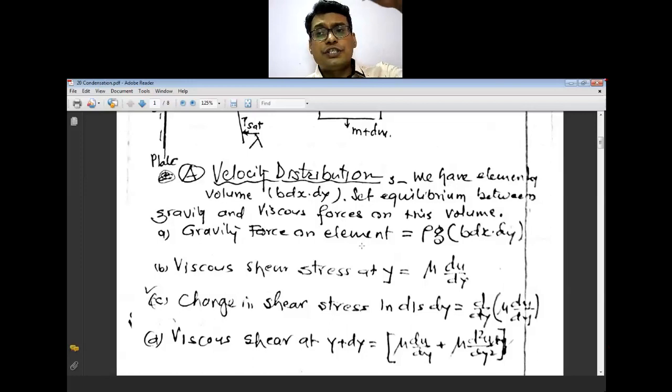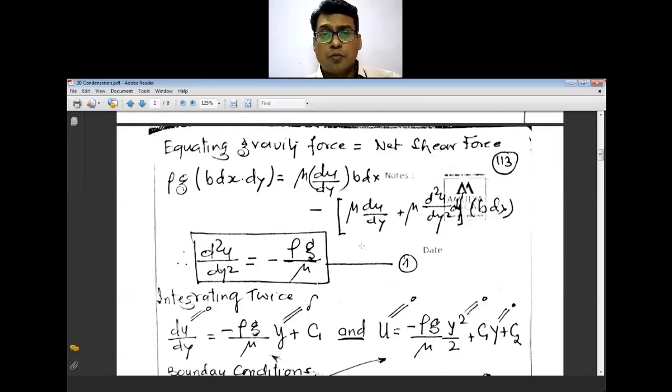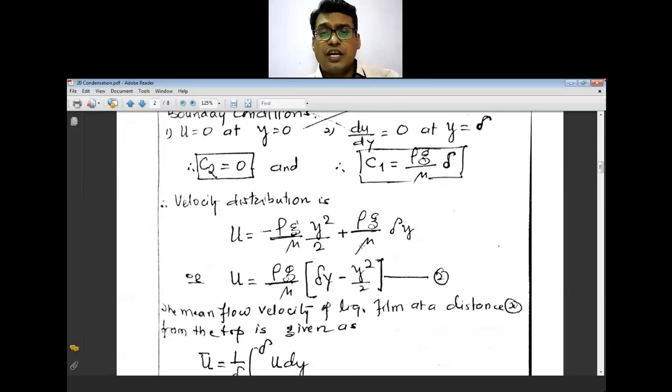The fluid which is moving from top to bottom has the resistance of the shear forces, while the fluid moving in the downward direction is opposed by this gravitational force. So the gravitational force is more predominating. Equating the net gravitational force and the shear force, on simplification and integration you will get the equation related to the velocity,